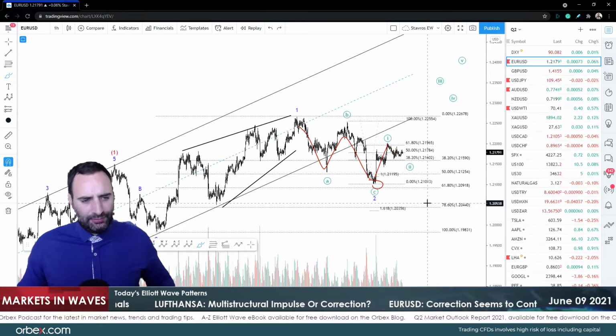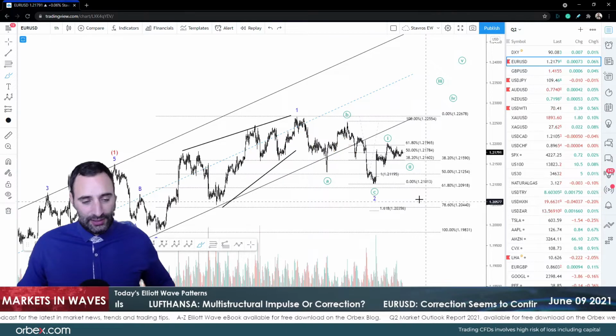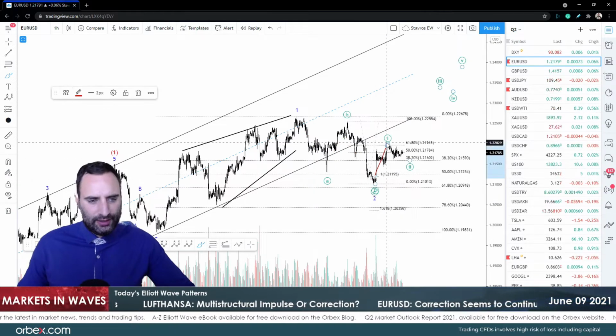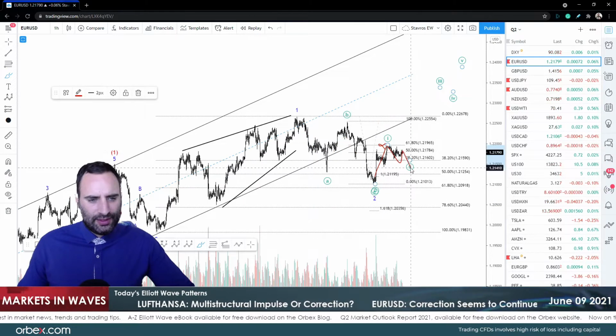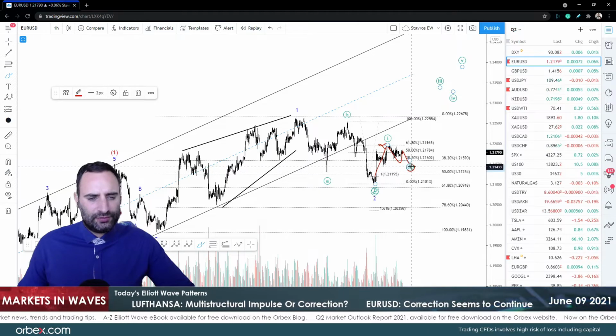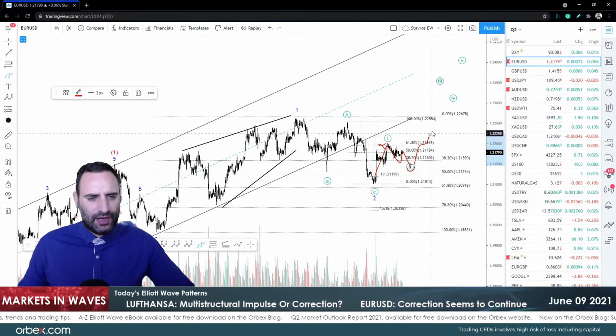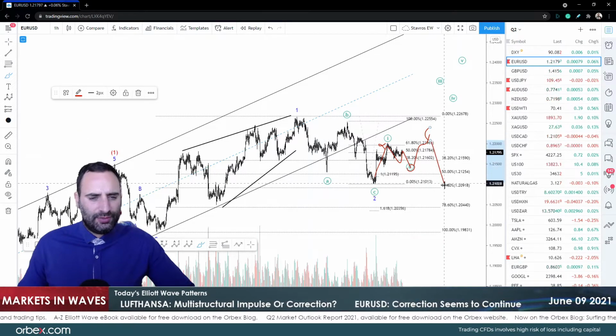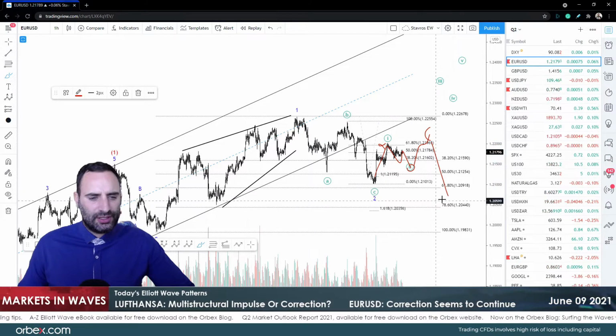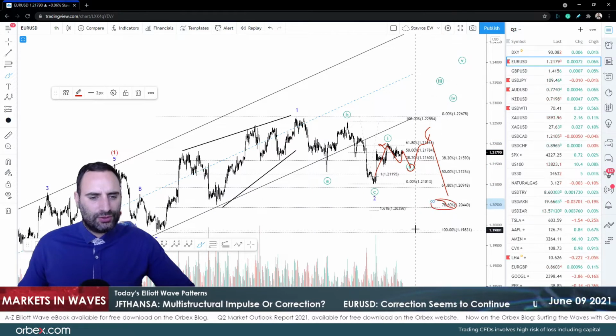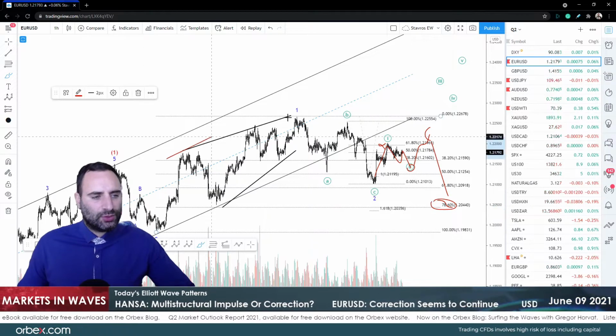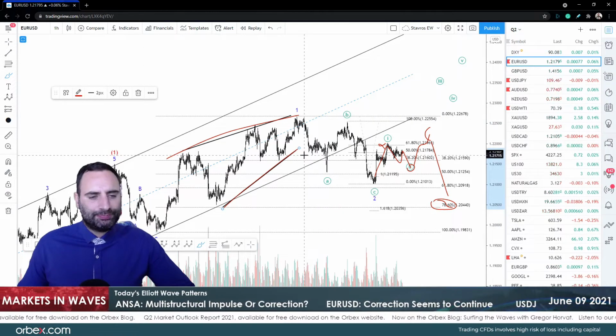For that to happen, as the alternative, we need to get the A done. We need to get another wave down for wave B to finish over here, and then 1, 2, 3, 4, 5 for wave C. And from there, we're going to look for another ABC, which is going to take us down to the 78.6 Fibonacci retest or so, maybe even lower, as we've had a leading diagonal over here, and leading diagonals usually are retraced quite a bit.